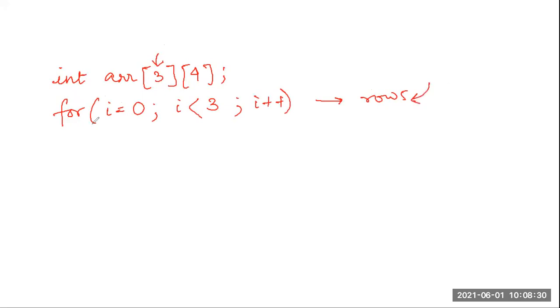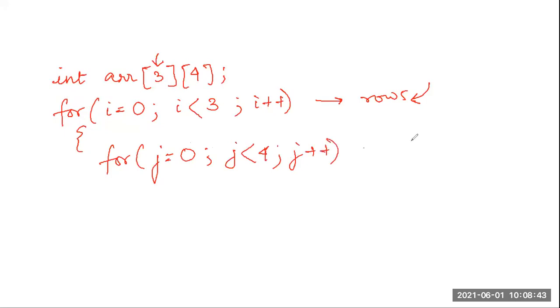Next, inside this for loop, there will be another for loop which will run from j equal to 0, j less than 4, j plus plus. Now this will access my columns, because this is my column size.